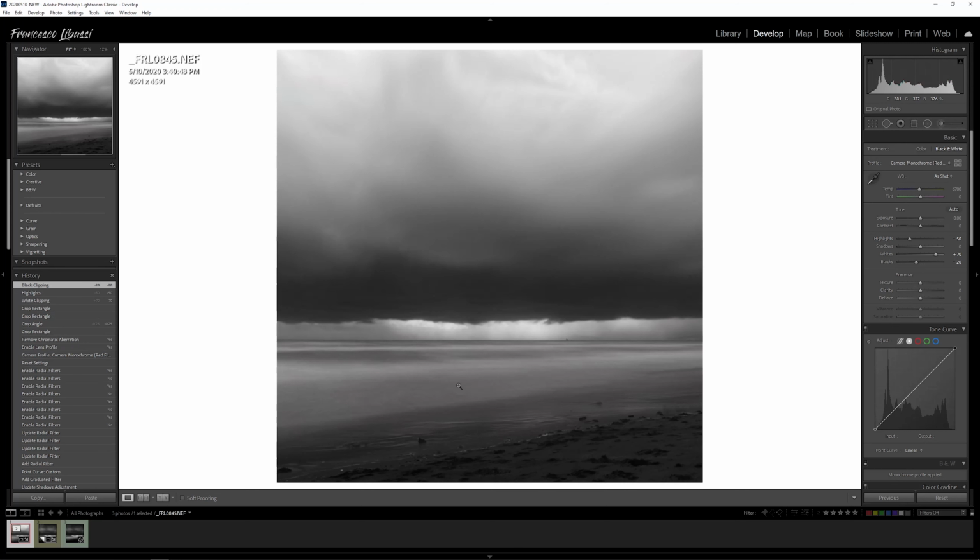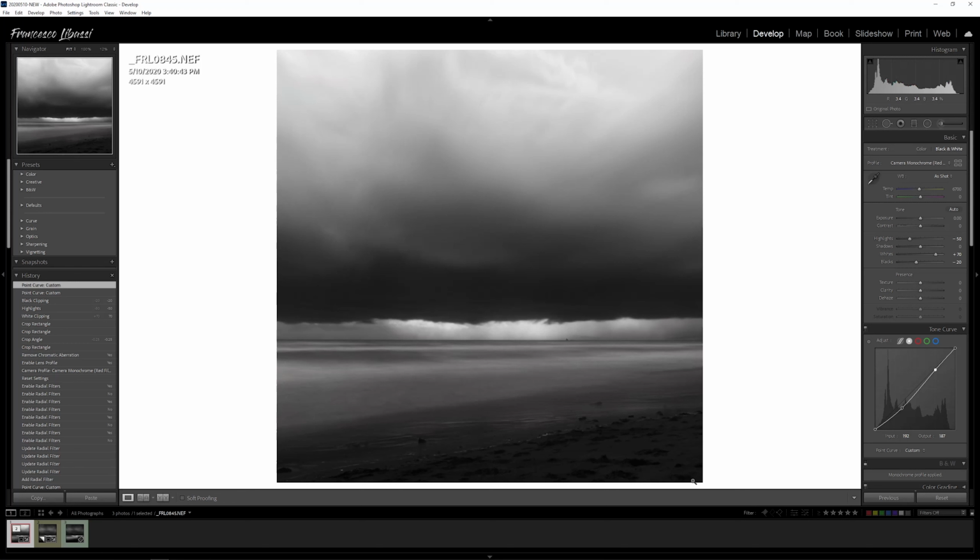And already, as you can see, there is more contrast, but still it's not enough for me. So what I'm going to do again is add another S-curve here, bring down the shadows like so, and bring up the higher part of the mid-tones here and the whites, something like this. And I think now this image looks pretty good here in the middle,